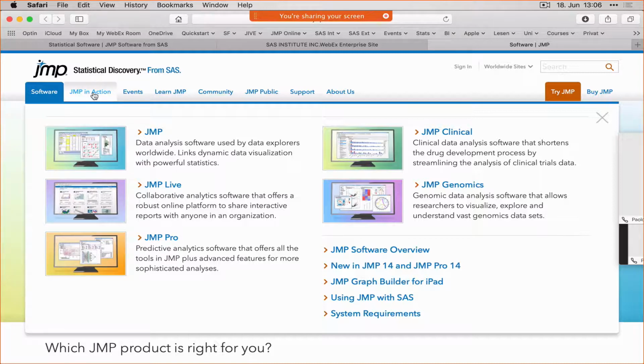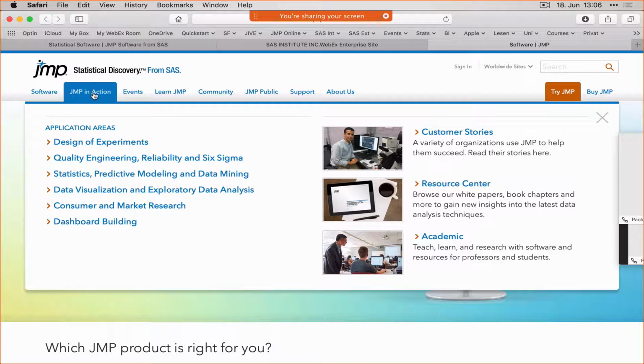And then on the next tab, JMP in Action, you see our application areas. Here you can learn more about DOE, quality tools, predictive modeling, and data visualization. I think at least these first 4 areas are relevant for you in material science, and we will touch